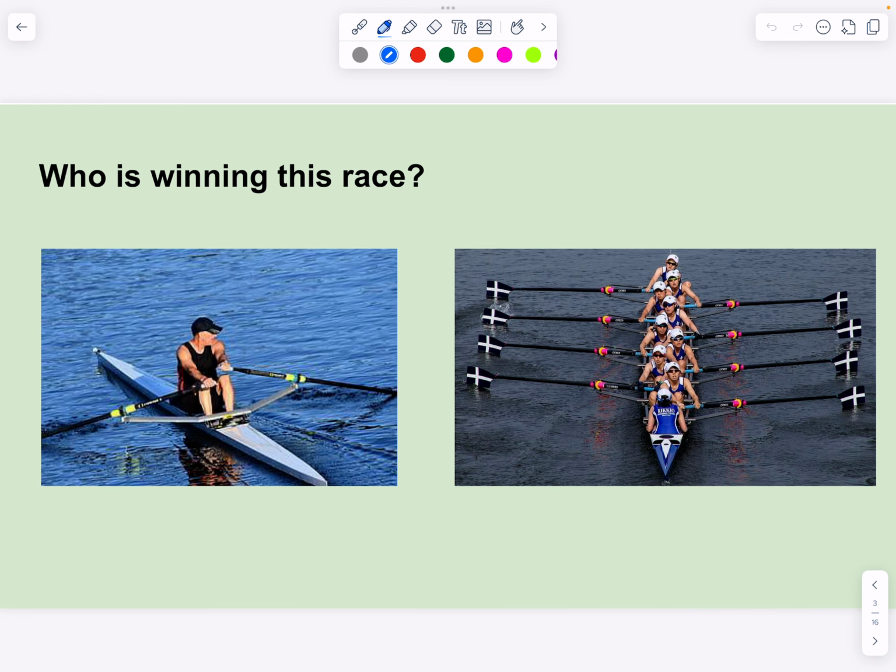We said, well, let's talk about what the second law of motion is about. We gave some examples here and I asked the class these questions: who's winning this race? You have here a group of eight guys rowing a boat versus one person rowing a boat. There are some major differences in these pictures. Here you have one person, so you're going to have probably less force working on this boat. This boat probably is going to have more force because of the number of people involved. At the same time, you also have less mass in this boat, where this one has more mass.